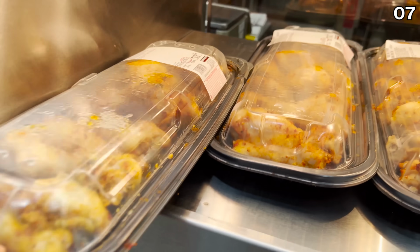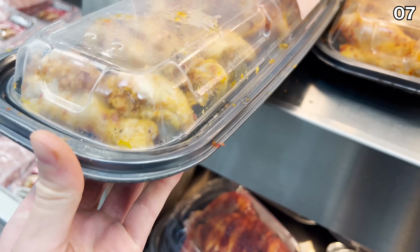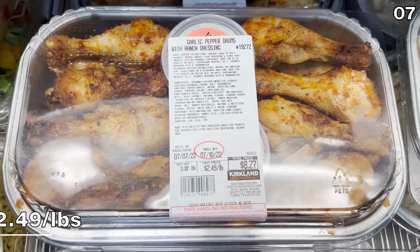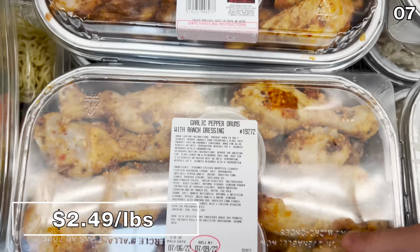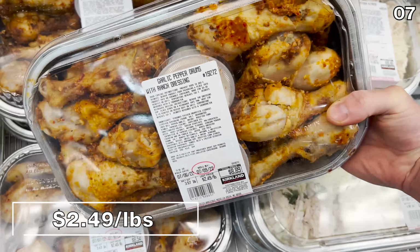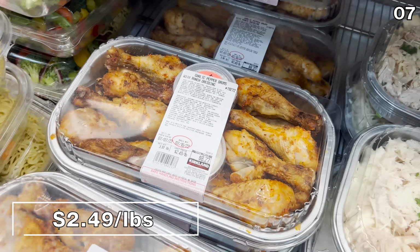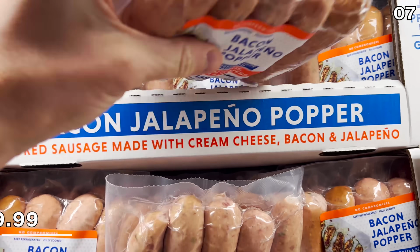But first, for point 7, my culinary prayers were answered by Costco because a product that is typically restricted to the hot bar, right next to the rotisserie chicken, has finally appeared in a refrigerated form. It is the garlic pepper drums at $2.49 per pound, so I can extend my enjoyment beyond what the hot bar allows. I know it sounded for a moment like I won a chicken lottery, but anyhow,